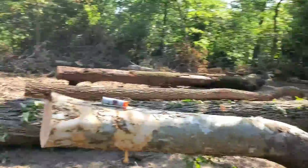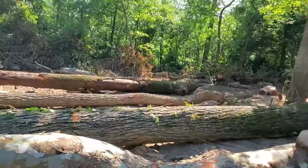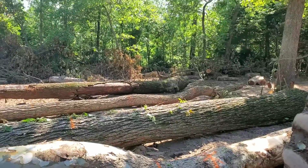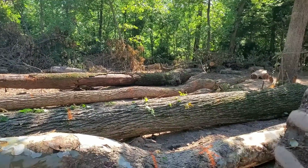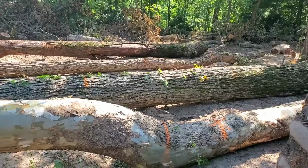So that's kind of why the load count was off. I hadn't marked a lot of 8s. Most of the stuff was in 10s and 12s. 10s on the ash because those are the better ash logs we can move right now. So I tried to make as many 10s as I could to stay in the money and keep